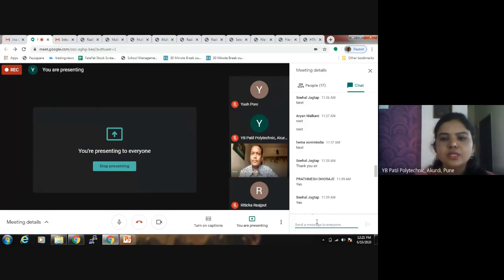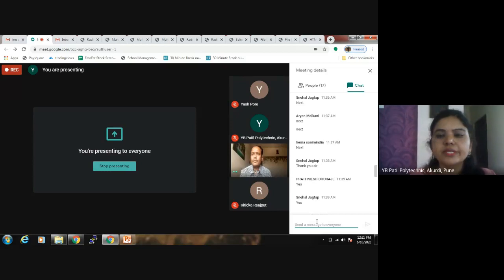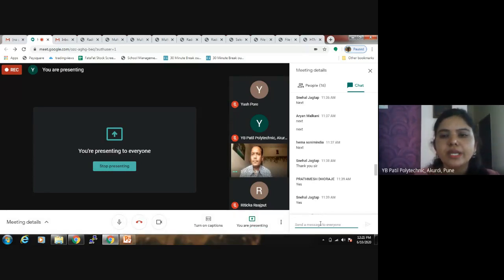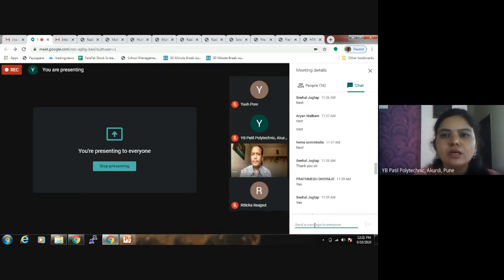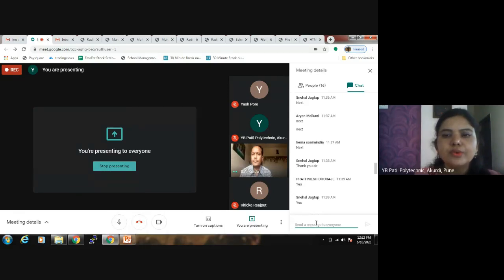So there is a homework for you. You have to create one form which takes input from the users like name, email ID, mobile number, and address. You have to use all the controls, buttons control, and the images also you have to use in your form. So you have to submit this form in tomorrow's session.